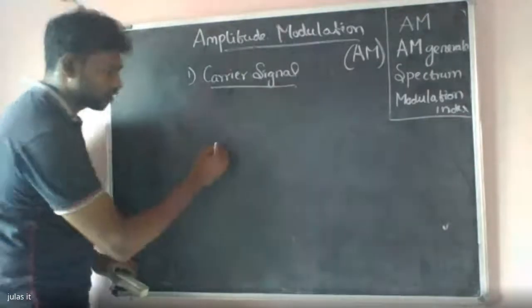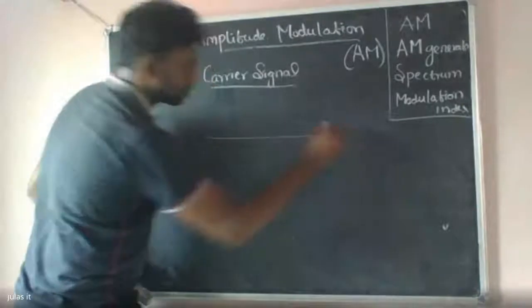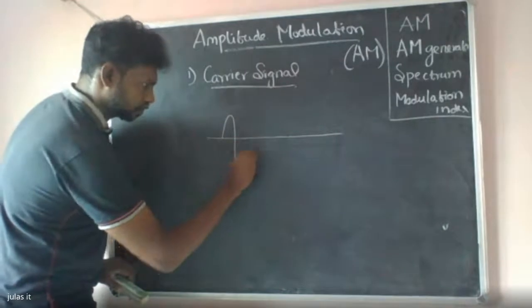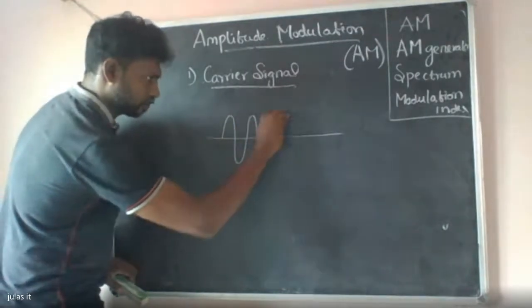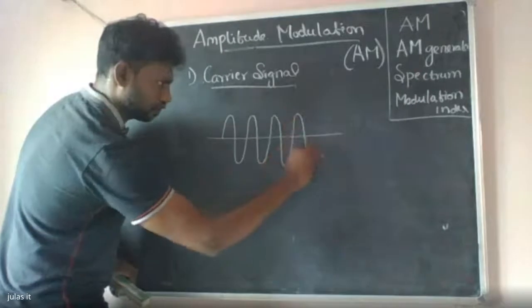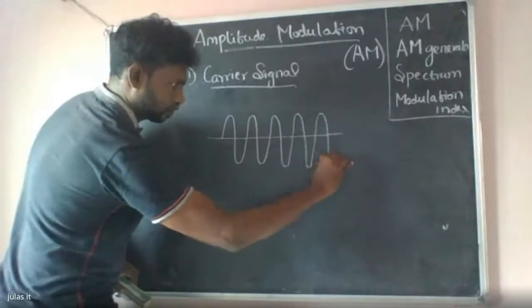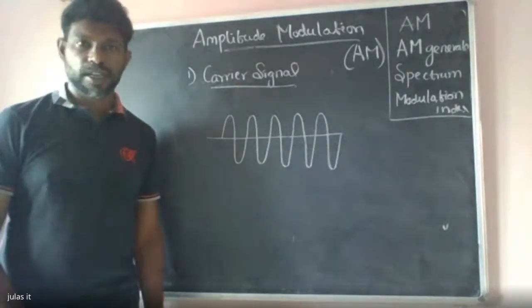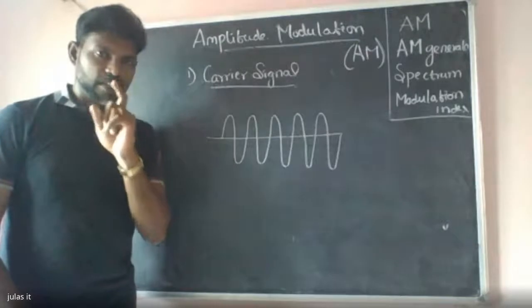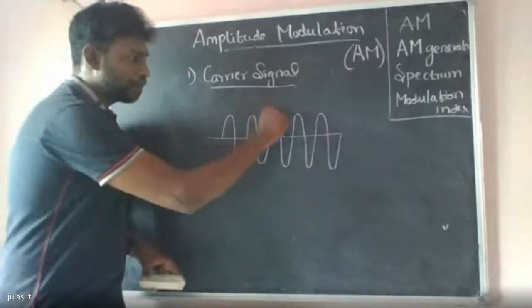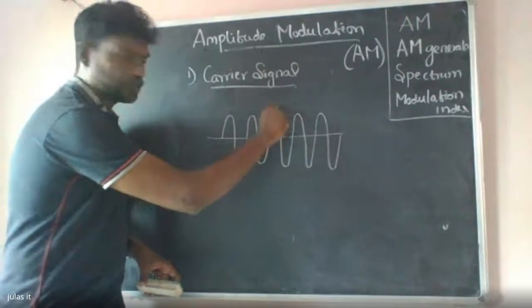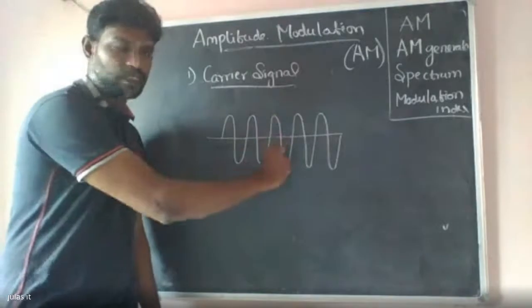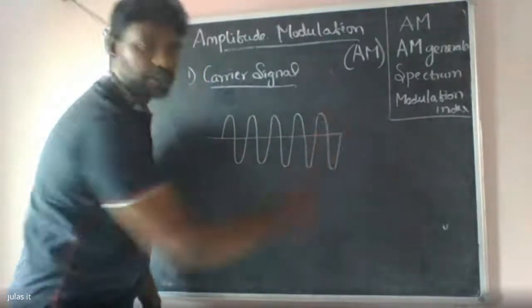So when you draw the signal, this is your carrier signal. Okay, very important. When you draw a diagram, you must note that the amplitude above the x-axis, the positive side, and the negative side must be the same, right? The amplitude of the signal, this amplitude from here and here, must be the same.